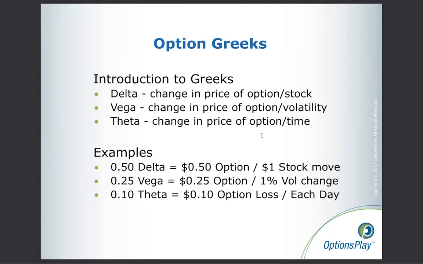So option Greeks: when the stock moves a certain amount, you want to know how much money am I going to make from the option. These are all terms that can be expressed in what we call the Greeks. Now, the Greeks sometimes can be confusing, and it involves some numbers. And this is really where some people tend to get a little scared off about options. But I want to make sure that I keep this at a high level so that I'm not scaring anyone off. And I want to make sure that you guys understand that you don't have to manually calculate any of these things,